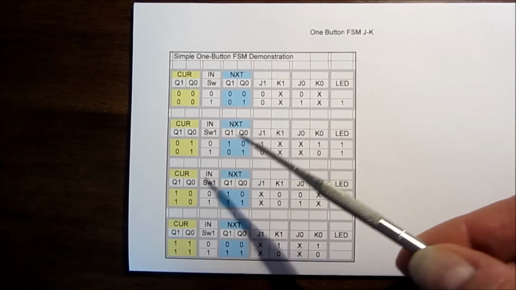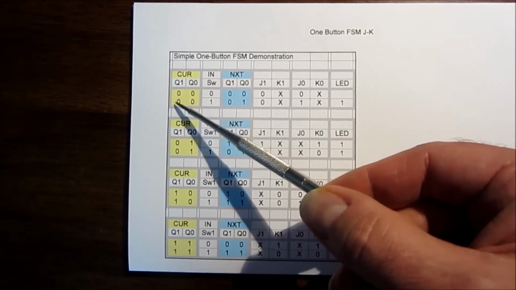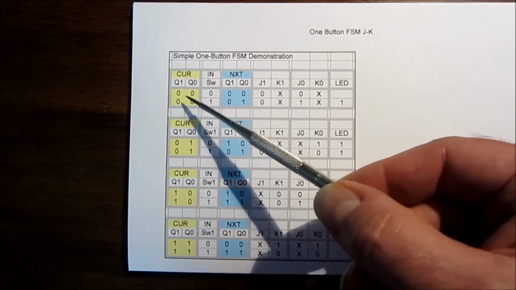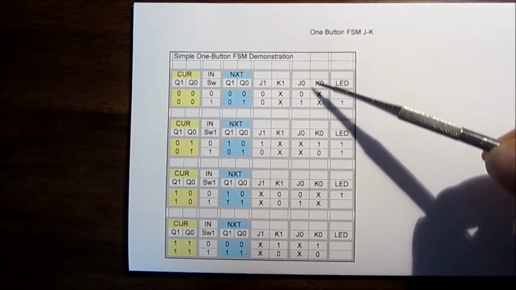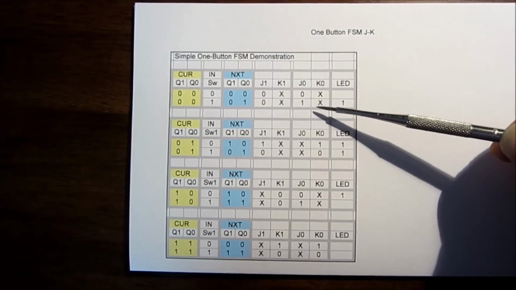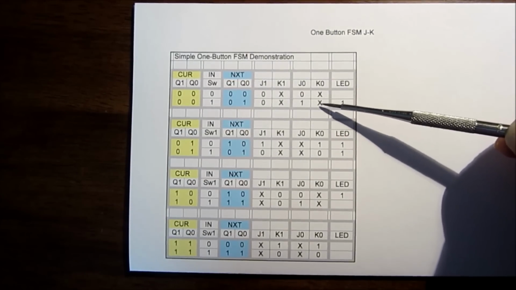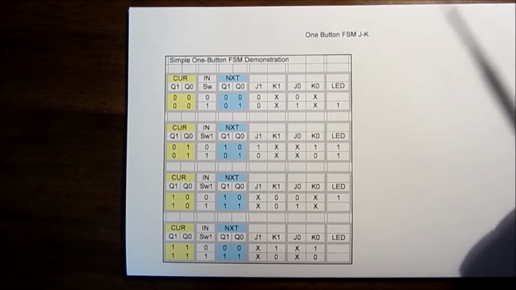So let's use another example here. Here we're going from state 0 to state 1, so the lower bit, the Q0 bit, is going to go from 0 to 1. So this JK flip-flop here handles that bit. How are we going to set that bit? And it says, I don't care what you do with the reset bit, just hit the set bit, the J bit. The reason is because